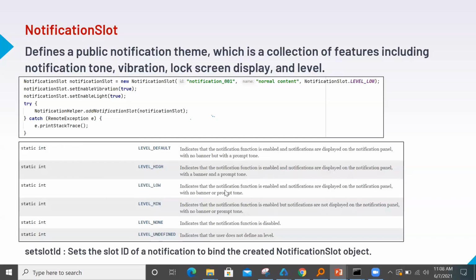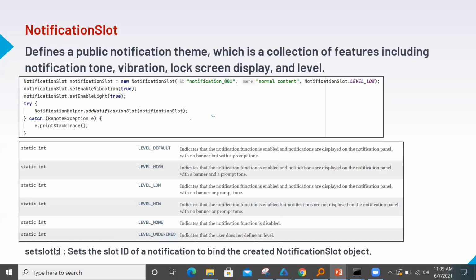Low priority level means, as explained, the notification function is enabled. That means you will get a notification and it will be displayed on the panel also, but you will not get a banner. It will not be a banner in front of the UI. You won't get a small UI showing that some notification has come. You will have to scroll down manually and check the notification. But if it is high, we will have the option to either display it in the notification panel or enable notifications in a banner manner. You also have tone. So you will have different customization showing which kind of tone you need, everything.